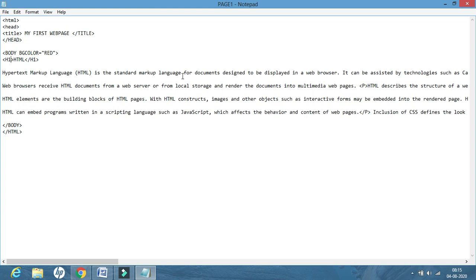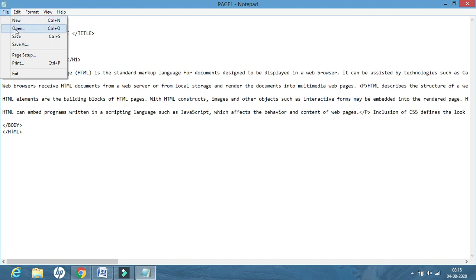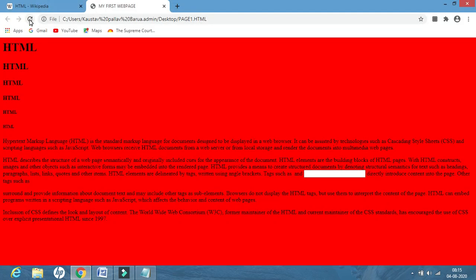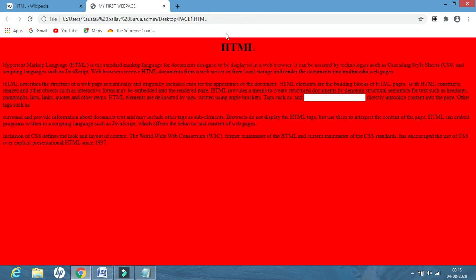That means I will make use of an attribute, and that attribute is the align attribute. So since I want to display everything in the center, I will write align equal to center. File, save, refresh and see, it is displayed in the center.